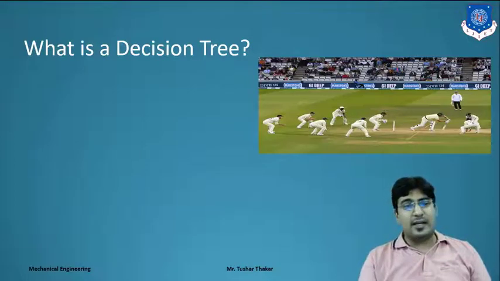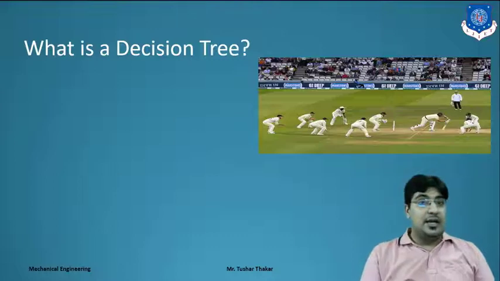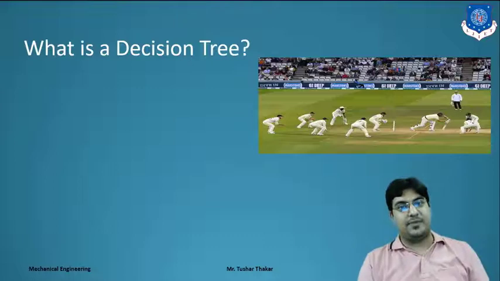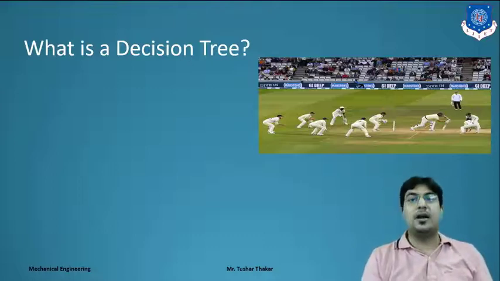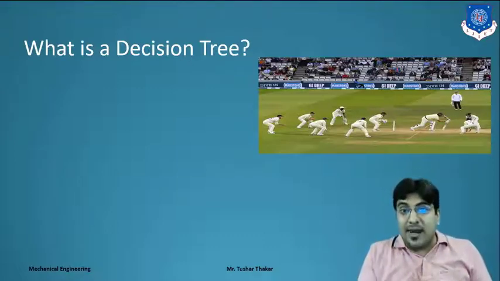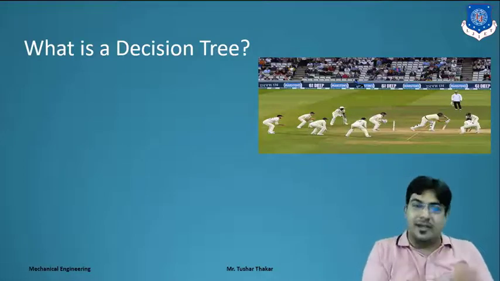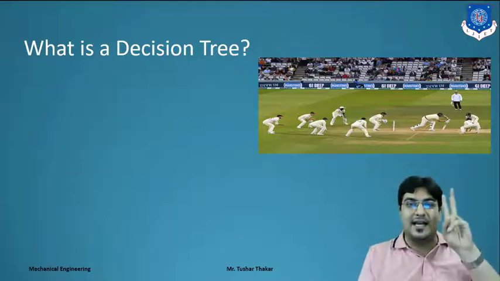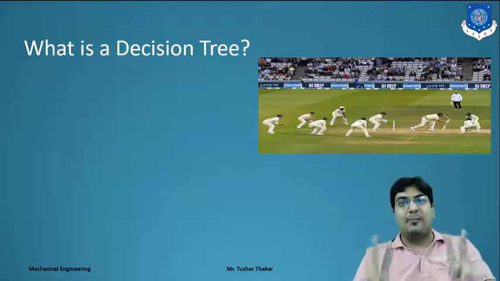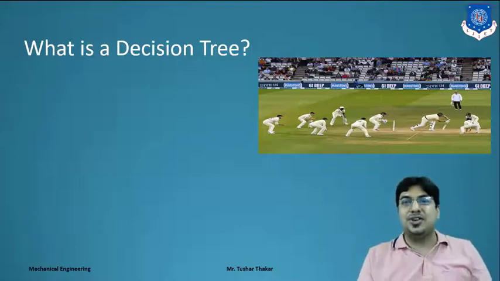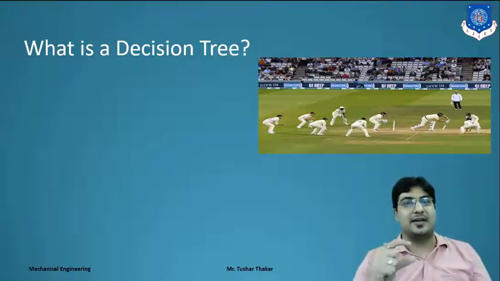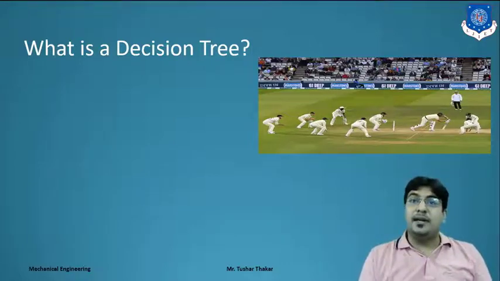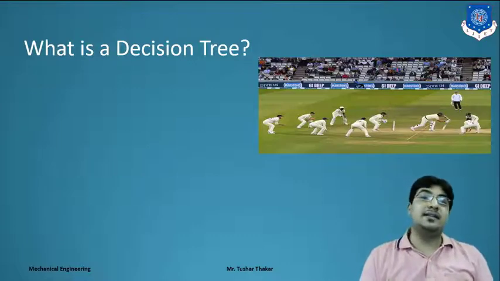So based on that criteria you have to decide. During the toss the captain has to decide whether to select batting or bowling. They select batting or bowling based on the weather condition. That is the decision tree. They have two decisions, bat as well as ball, but based on the condition and the situation, they select only bat or only ball. Clear? A team that is very confident in run chase always takes the ball first.